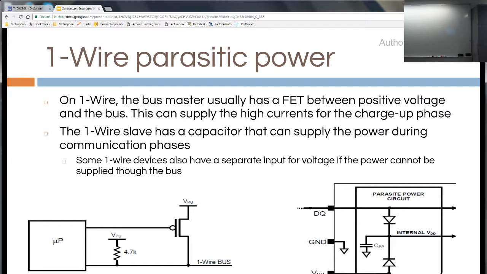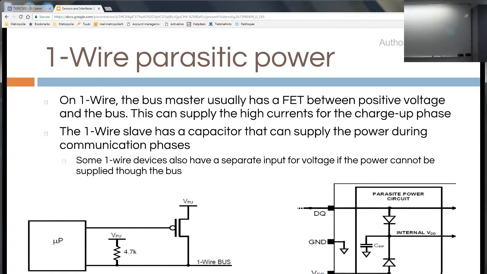Okay, and that's about the power. So you can use this data line also to power up the devices. On the other hand, if there's also external power, then well, you can use that one. And anyways, it's just the data and ground, and then